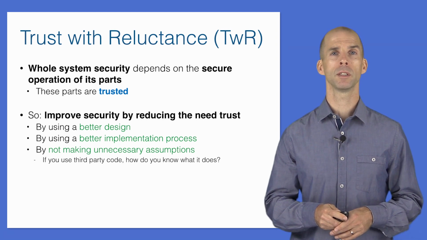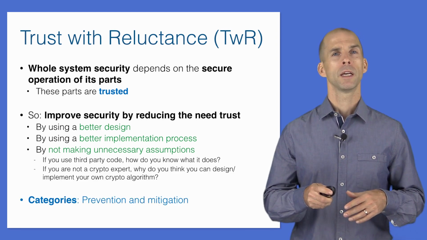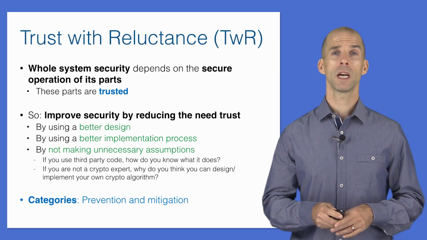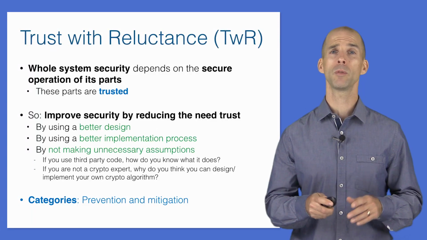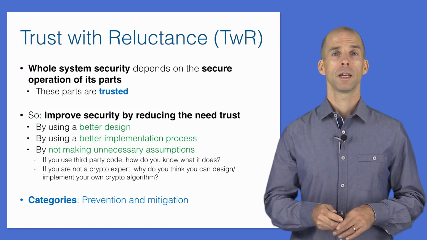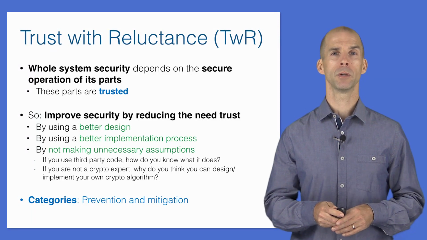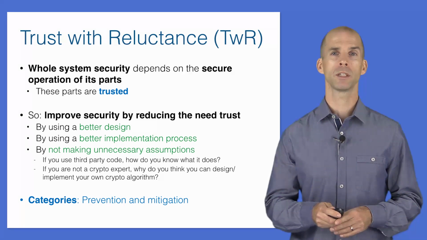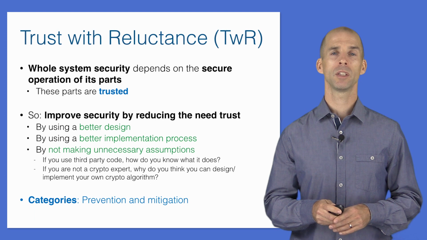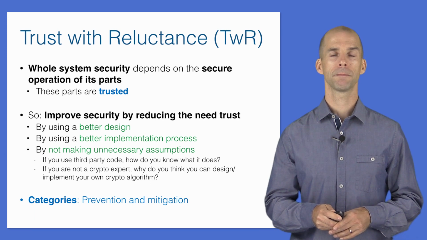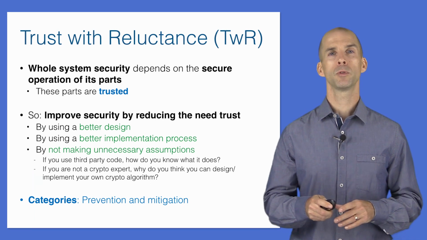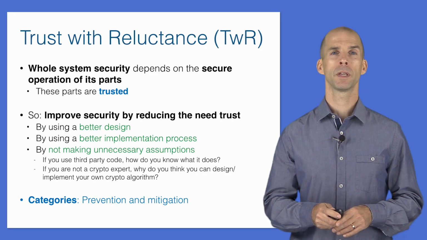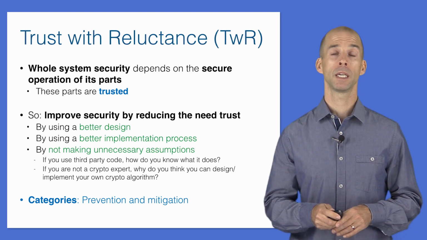trust in those libraries. As another example, we could avoid designing or implementing security-critical features that require expertise that we don't necessarily have. A key mistake made by many system builders is to attempt to design or implement cryptography from scratch, something that it turns out is very hard to get right. The principle of trusting with reluctance, when followed, can help prevent security problems and can mitigate problems that might otherwise